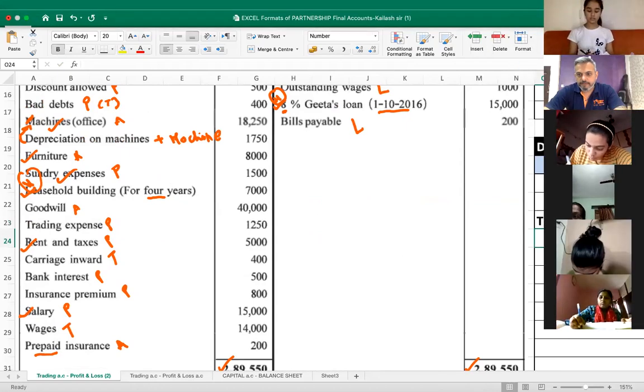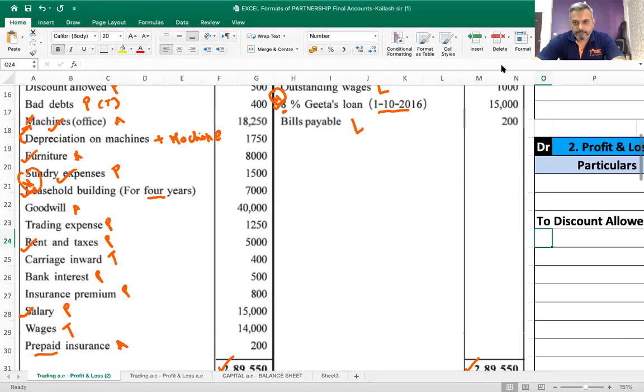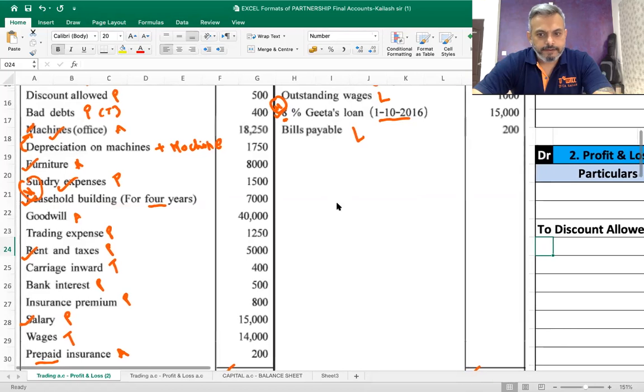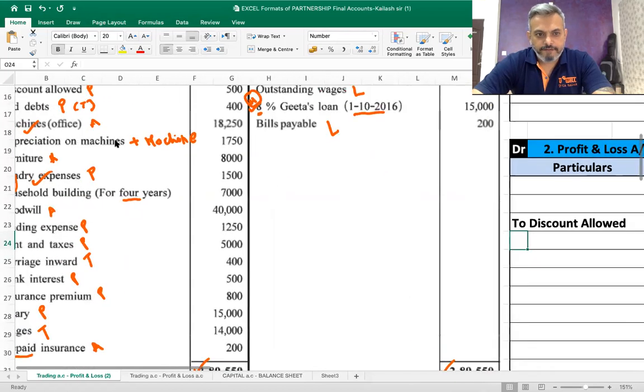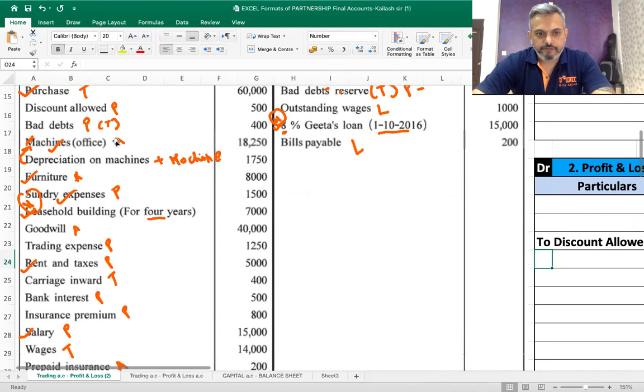All of you understood this? In 11th also we used to do the same thing. Then bad debts, 400. Now we have a format for bad debts. So let's do that